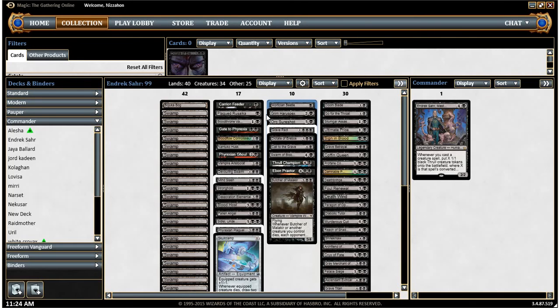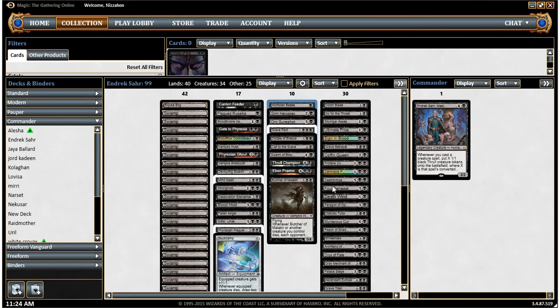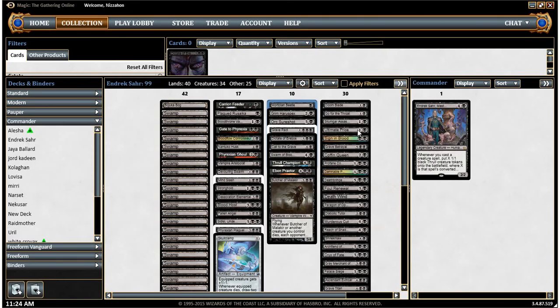It's the only creature in my deck that, the minute I play it, I do have to sacrifice Endrek Sahr because it'll make 7 Thrulls. So I can't sacrifice anything to save him, but I think it's a powerful enough ability to put him in there. Here I just have a bunch of staples for black, mono black, I think, especially for a budget mono black deck. So I have removal, like Doomblade, Go for the Throat, Silumgar Assassin, Ultimate Price,